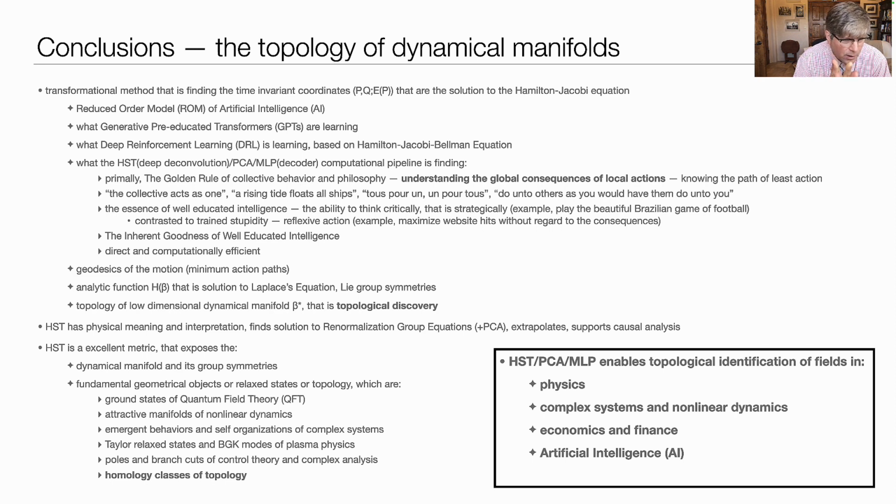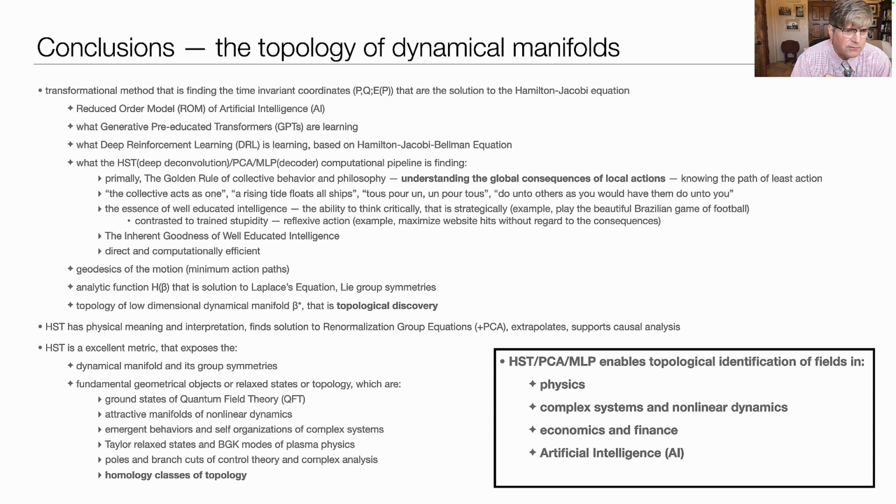I know that they're commonly called pre-trained, but I'll be talking a little bit more about that in a second. It also is what deep reinforcement learning is learning, based on the fact that deep reinforcement learning is finding the solution to the Hamilton-Jacobi-Bellman equation. It's also what this HST, which is a deep deconvolution, PCA, MLP decoder